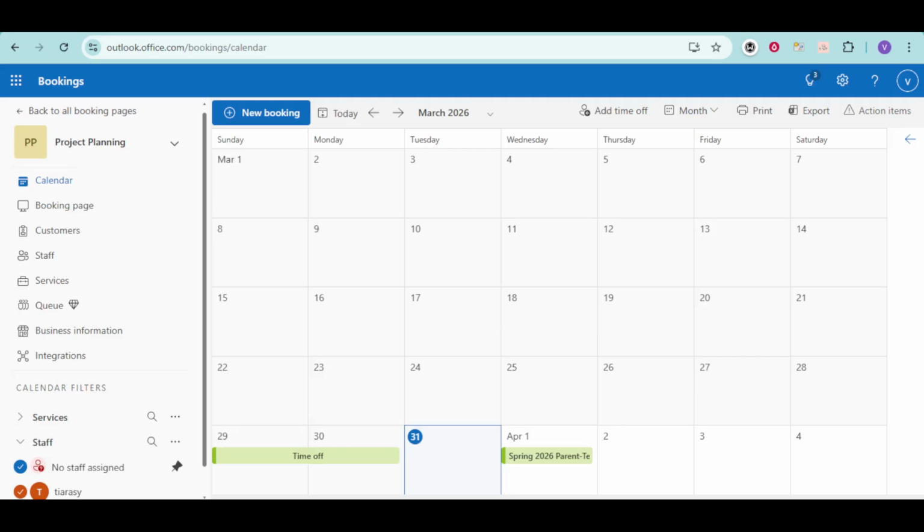First, open Microsoft Bookings and make sure you're on the main calendar or home screen for your booking page. On the left-hand side, you'll see a navigation menu. Look for the option labeled Services in that left-hand sidebar and click it. This is where all of the different services you offer are managed, and it's also where the questions for each